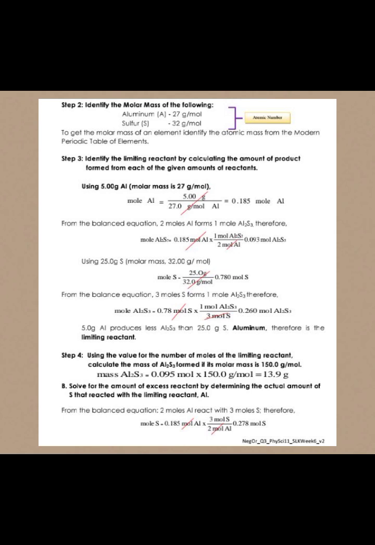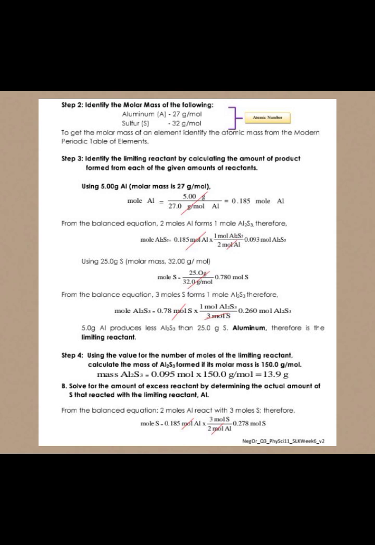Step 4. Using the value for the number of moles of the limiting reactant, calculate the mass of Al2S3 formed if its molar mass is 150.0 grams per mole. Mass Al2S3 equals 0.095 mole times 150.0 grams per mole equals 13.9 grams. B. Solve for the amount of excess reactant by determining the actual amount of S that reacted with the limiting reactant Al. From the balanced equation,